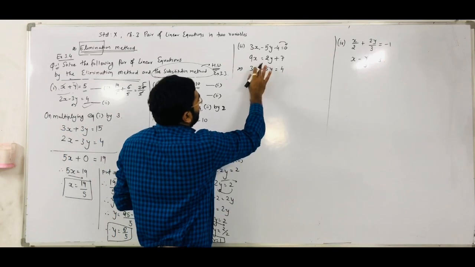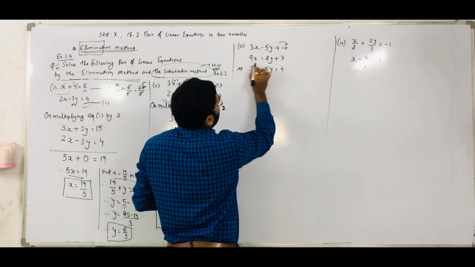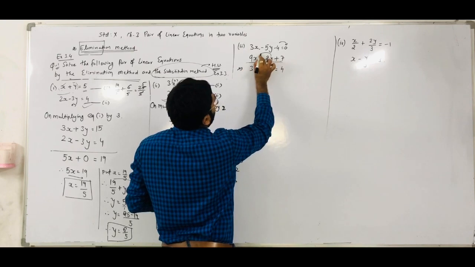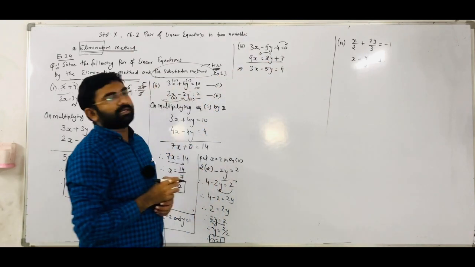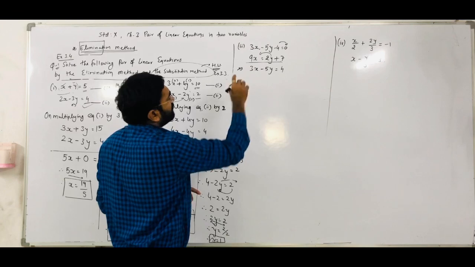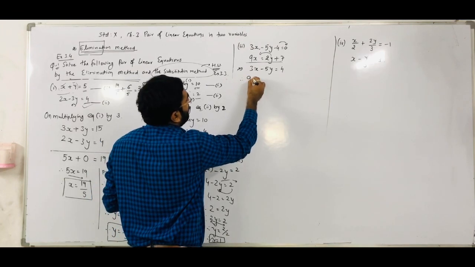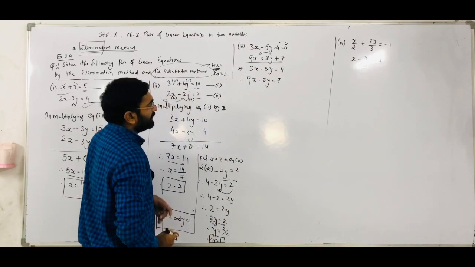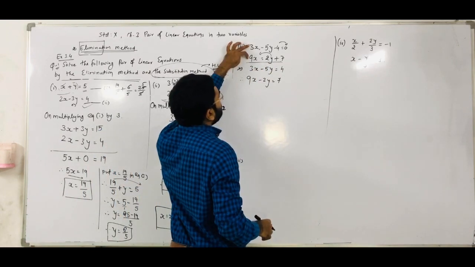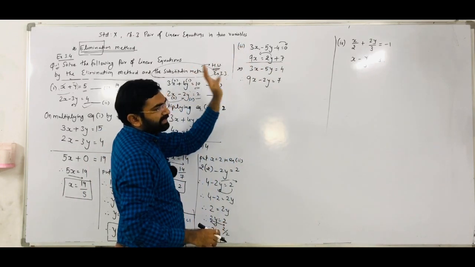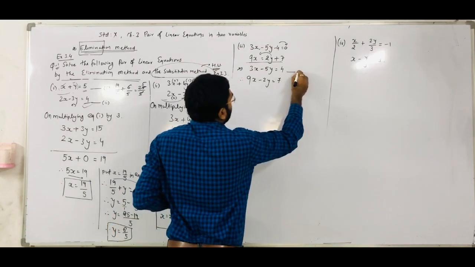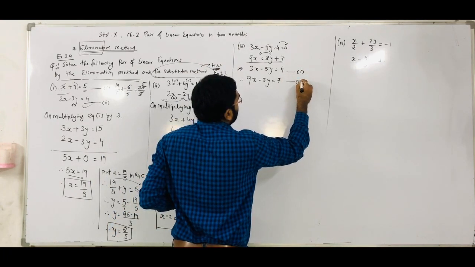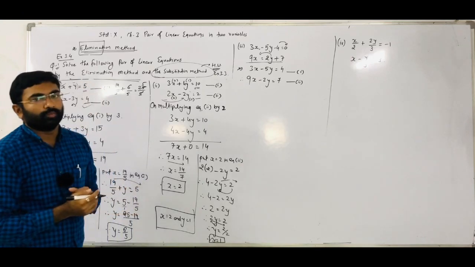Now here, that way I want to arrange equation number 2. So for that what we have to do, that y term we have to arrange on the left hand side. So plus 2y term comes to the left hand side and becomes minus 2y, is equal to the right hand side, 7 is already there. Right? So the given pair of linear equations I can rewrite that way. Now we have to give the equation numbers, equation 1 and equation 2.